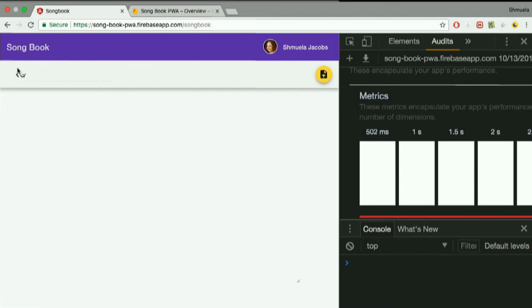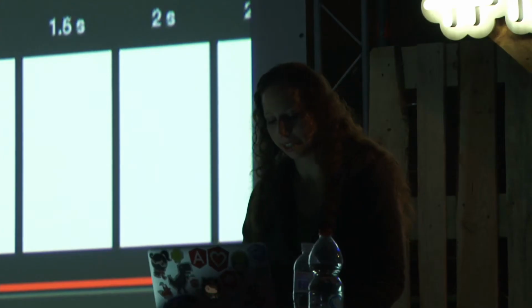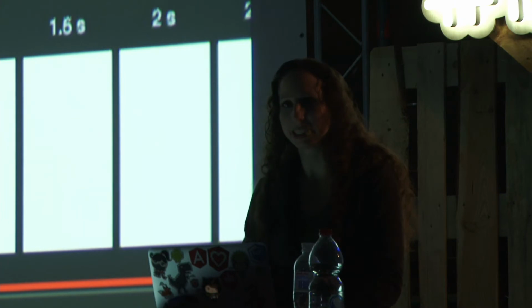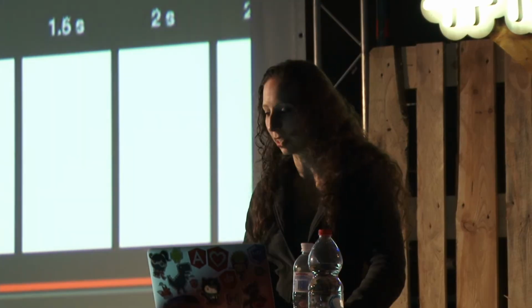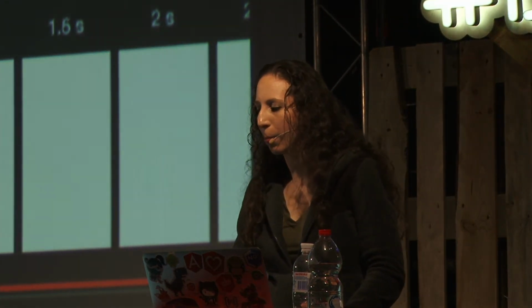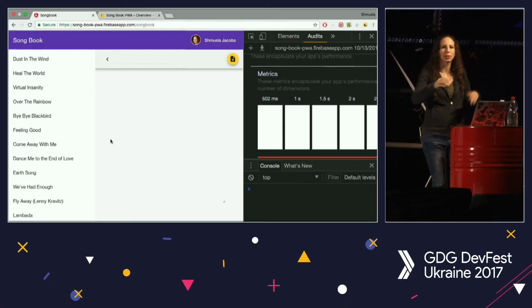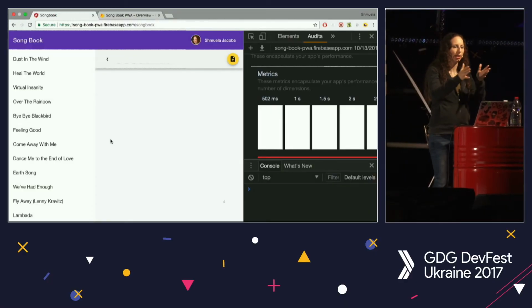Okay, so this feature that I showed you, that it knows whether I'm on a large screen or on mobile, and then it will open the side nav by default on a large screen or hide it by default in a mobile view. This comes with the flex layout that I showed you in the slides, and I want to show you how it works. It's a really strong feature. I was looking for a way to do this, because a lot of things that we make in our application to be responsive,